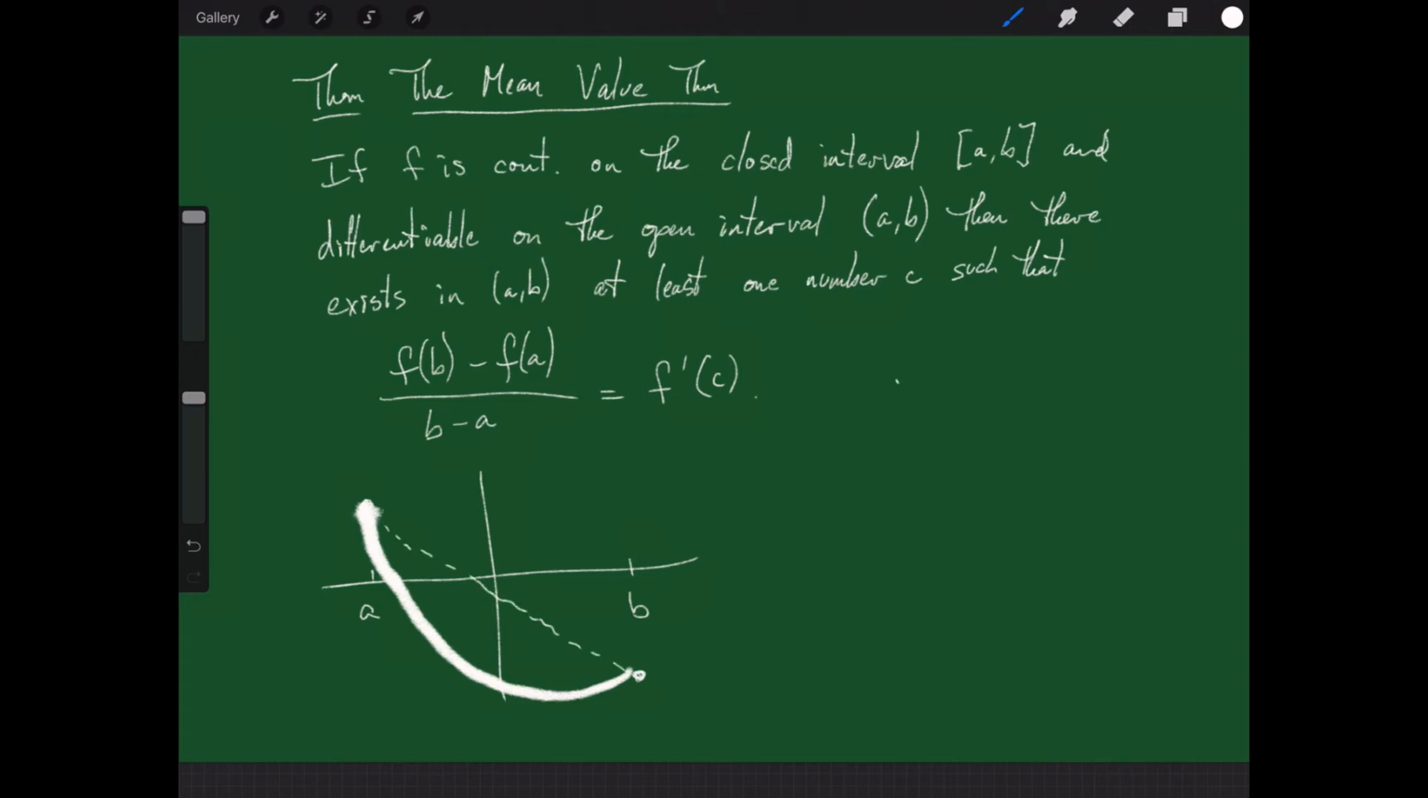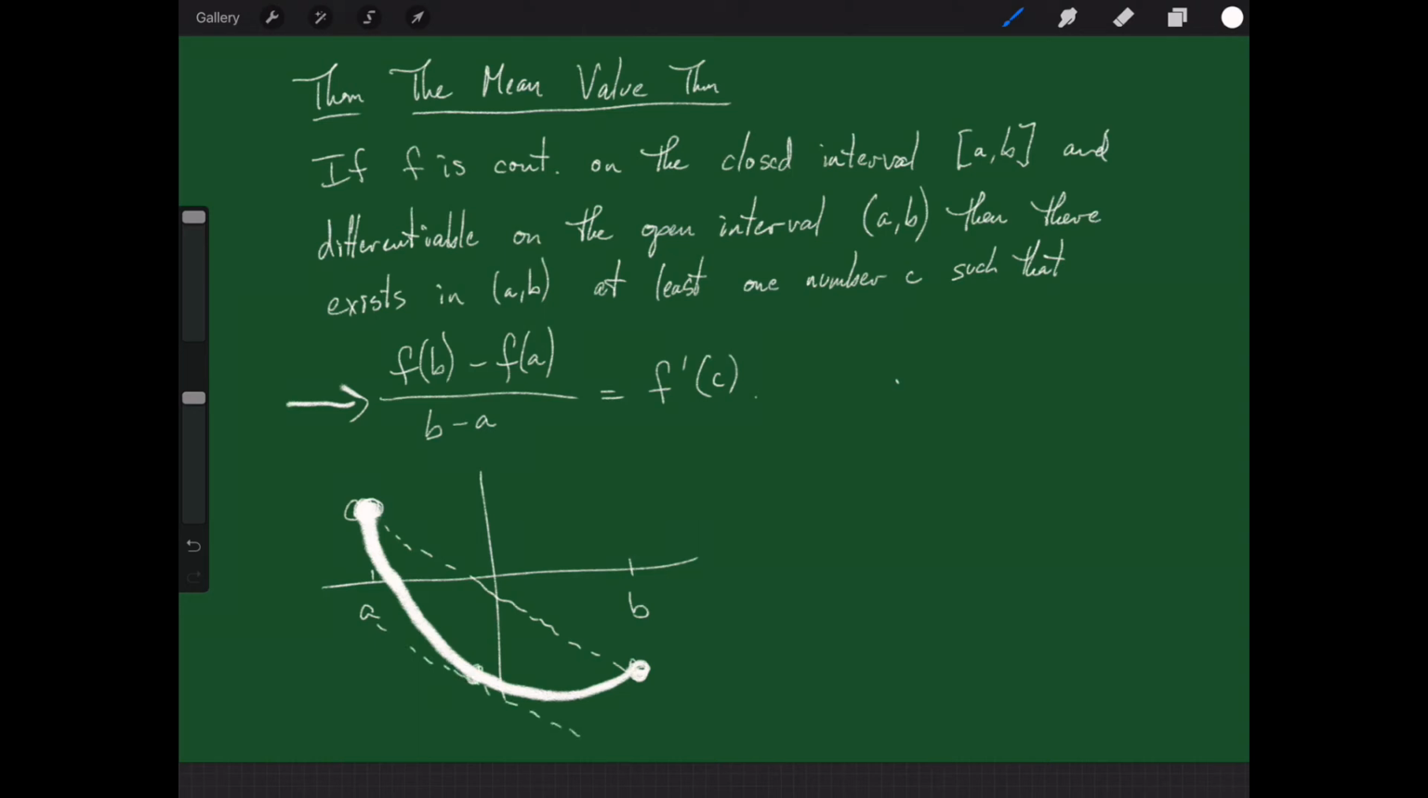Okay, so we've got this slope, f of b minus f of a over b minus a, this guy right here. That's the slope of what we call the secant line between these two endpoints. What the mean value theorem tells us is there's another point in between a and b where the slope of the curve